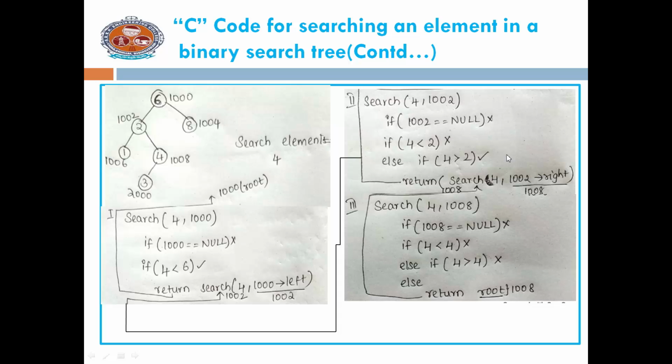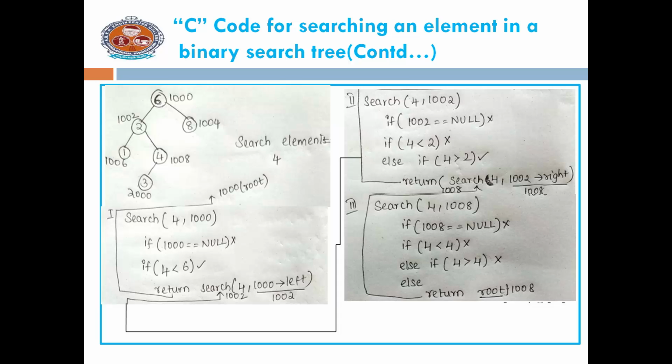So it receives the value 1008, that is return of 1008. Where do you have to return this? To this particular function, we are returning 1008. Sorry, after completing this function, you have to return this root value, that is 1002. I am returning 1002 to this function. Now after completing this function you have to return. So what value do you have to return? Return root. Our root value is now 1000. I am returning the value 1000. After completing all the recursion process, again we are moving back to the root.